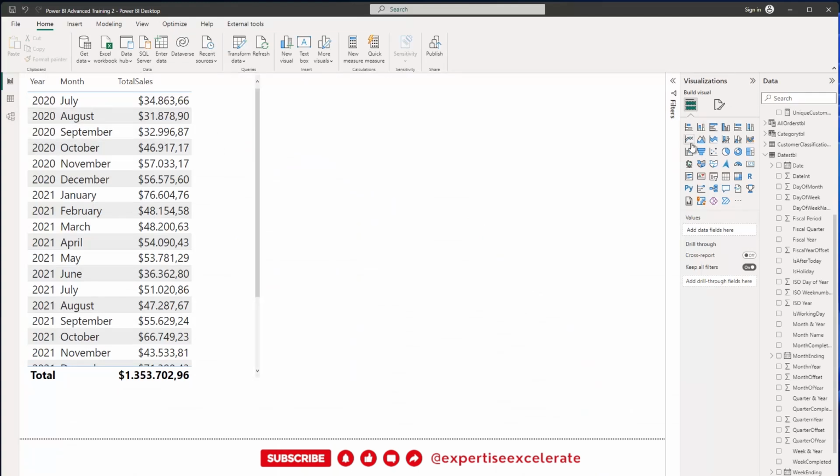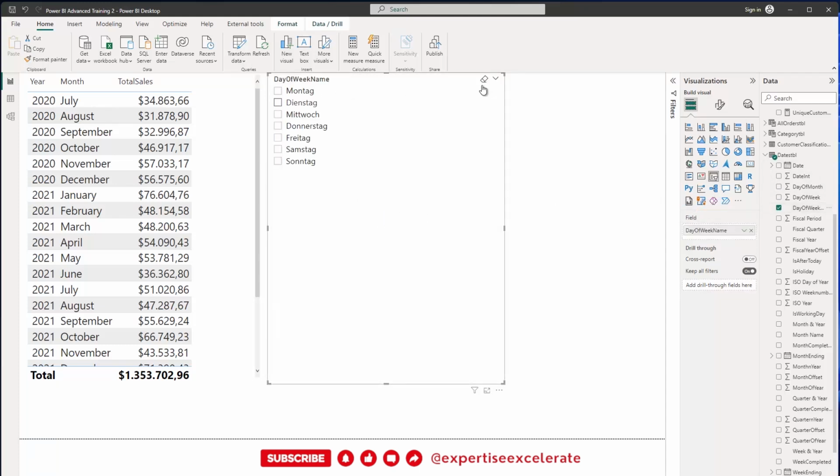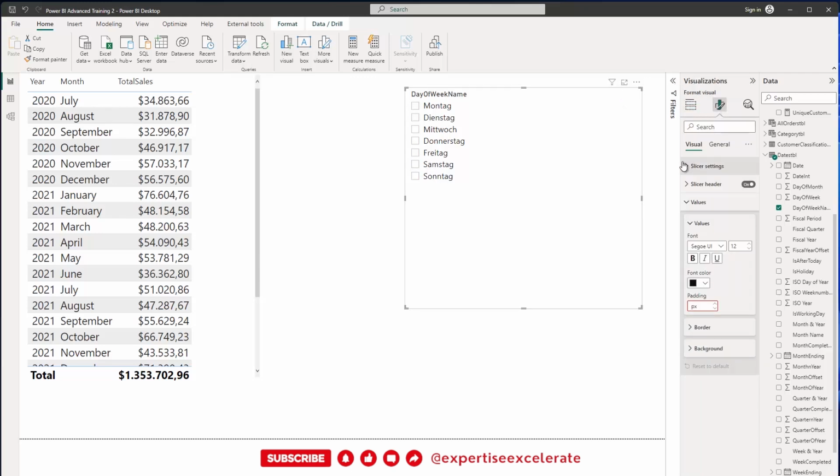So to do that, let's first see whether that works with a basic data slicer. So let's go on here and say I want to use a slicer in here. Click somewhere on the blank canvas, click on slicer and then choose the day of week. In this case, I'm using day of week name, and here I can see all the week names again. Apologies, these are in German, but hopefully you can get the point that Saturday and Sunday, the last two here,